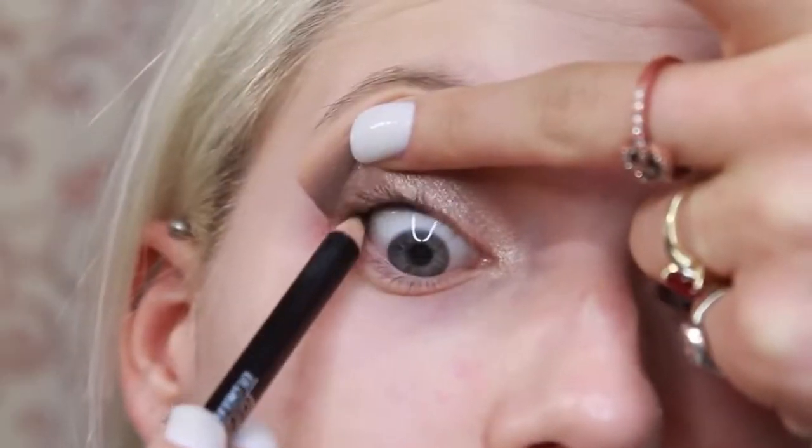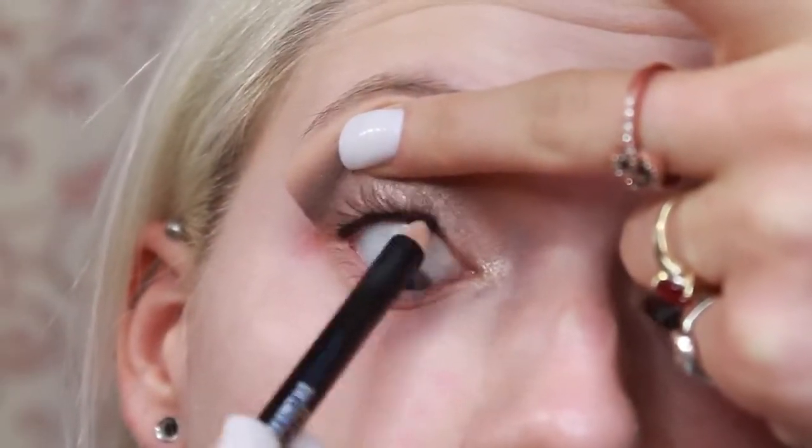Next, I am just tightlining, and I'm using Sigma Eclipse Black Eyeliner, which is one of the best eyeliners I've ever used, and it is pretty cheap,